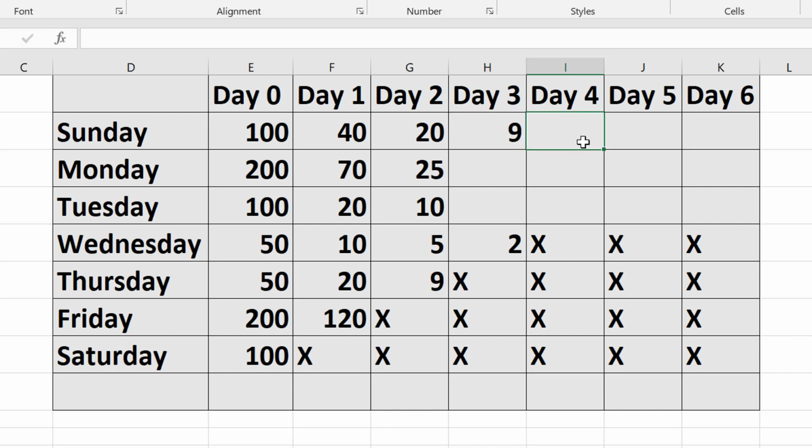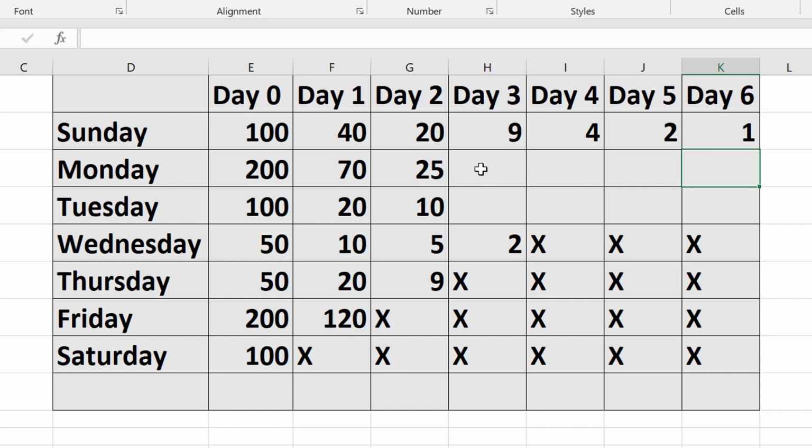And on the day 4, which would be which day? Sunday, Monday, Tuesday, Wednesday. This is gonna be Thursday. So let's say on Thursday we acquired 4, and then let's say on day 5 we acquired 2 people, because let's say it is the Friday, and again this is gonna be the Sunday of the next week. So I'm gonna put an X over here. No, it will be day 1 Monday, Tuesday, Wednesday, Thursday, Friday, Saturday. So let's assume this is gonna be Saturday actually. So let's say on Saturday we got 1 person. So this is how it is.